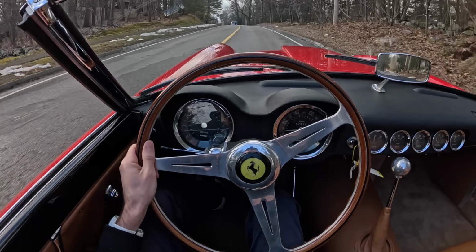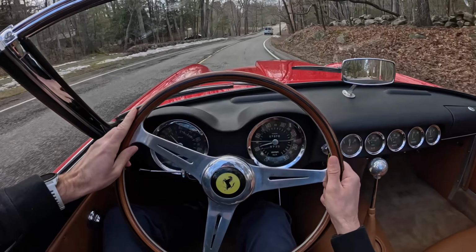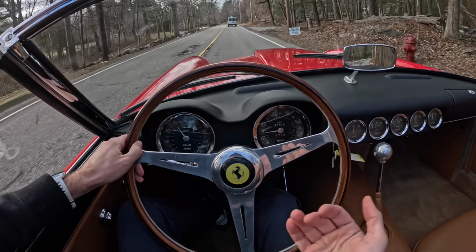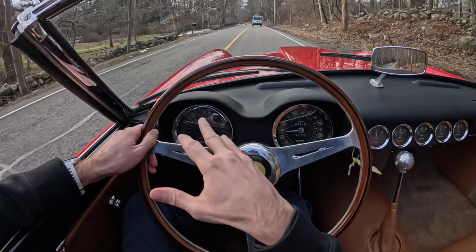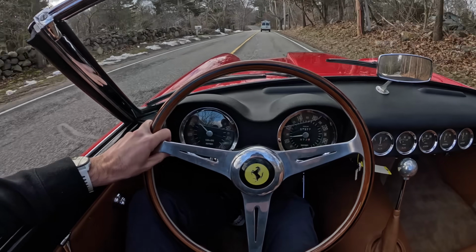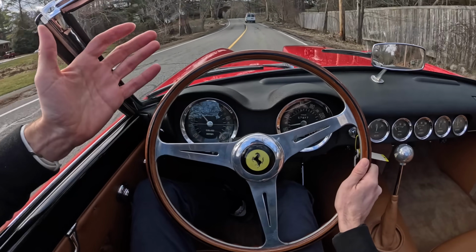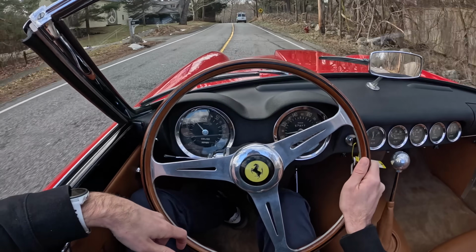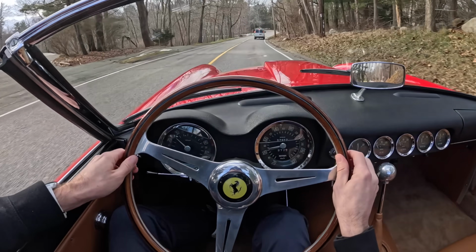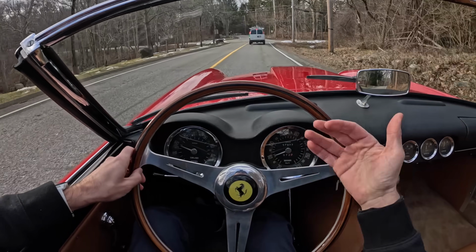Most striking about this car is how easy it is to drive. There is very little effort to put in, and for a late 50s car, this gearbox is perfect. The engine delivers all the torque I need. I'm keeping the revs up just a little bit because it's happier around 3,000 RPM than it is down low. But the brakes work great. Granted, they're not drums. And the steering feel is superb. There's just instant feedback. I can tell all the texture and granularity in the road. There's great force that comes back. I mean, it's all manual, so